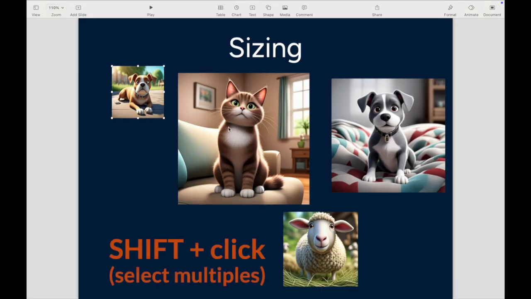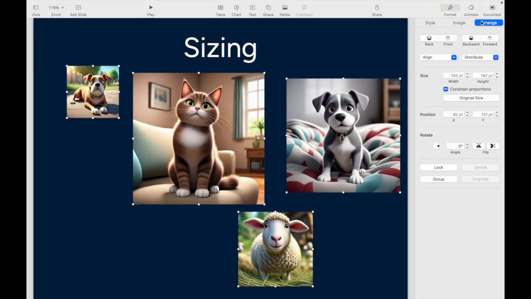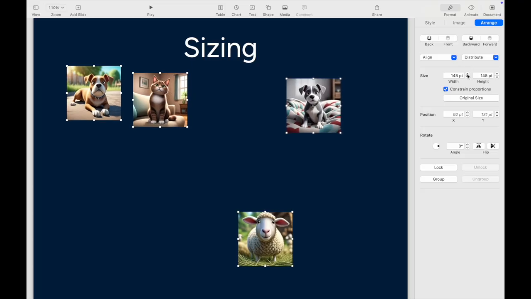So we're going to shift and click to select all 4. Go to Format, Arrange. We want to make sure that Constrain Proportions is clicked. And now we can see they're all different heights, that's why it's subdued, but when they're kind of reset and